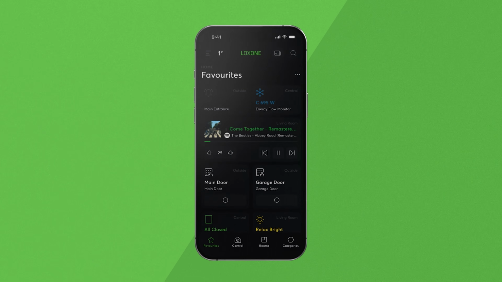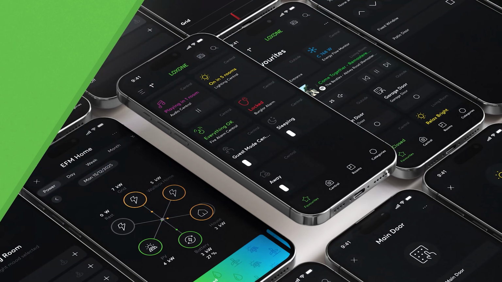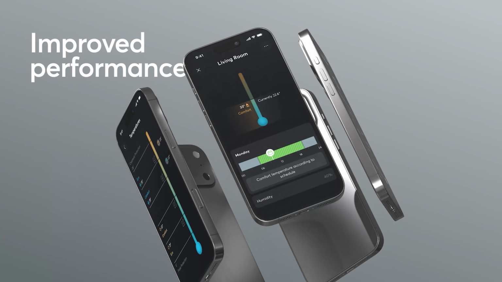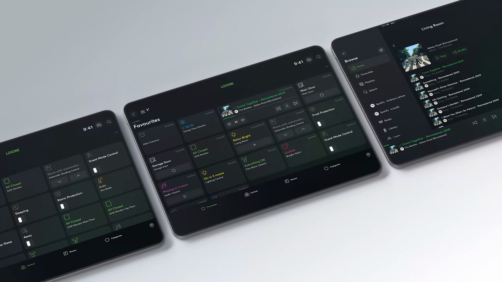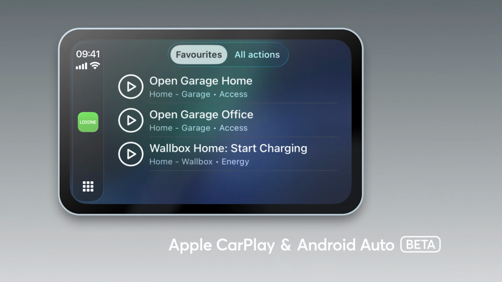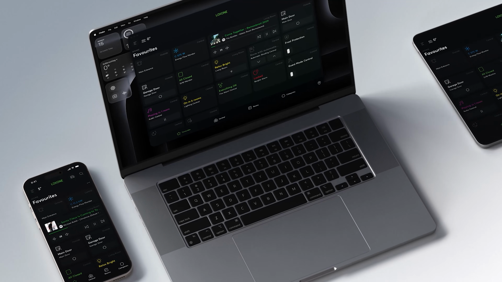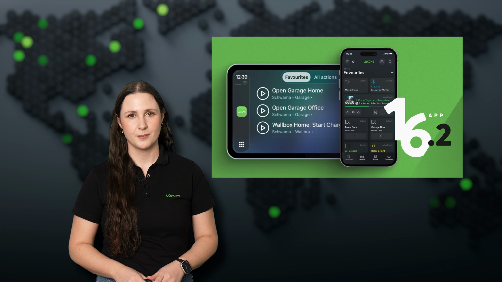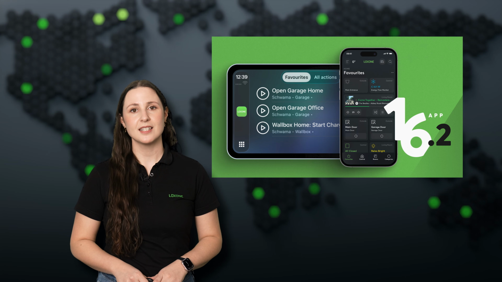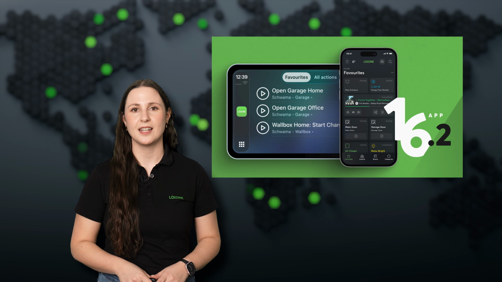day. Along with a cleaner, calmer design, there's a feature many people have been asking for a long time: Apple CarPlay and Android Auto. That means your building now comes along for the ride, safely, simply, and right there in your car. Let's take a look at what this looks like and what you can do with it in everyday